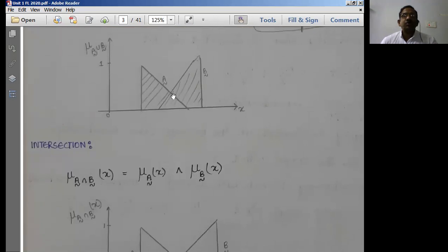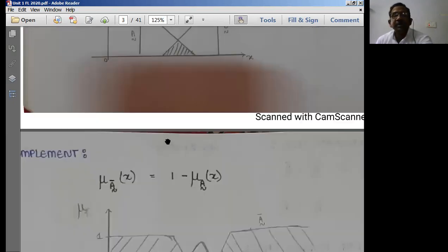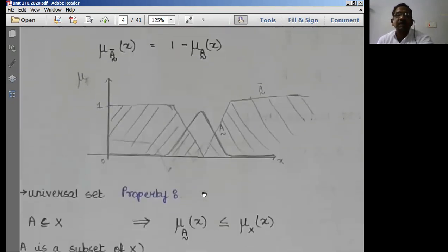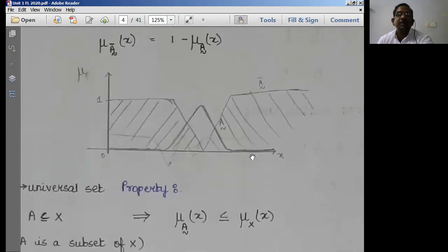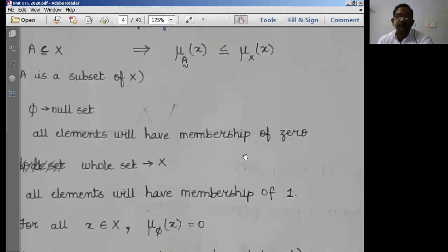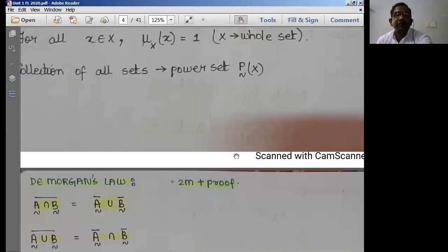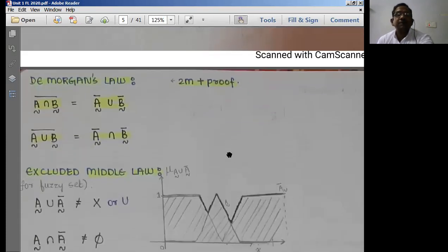Once you go towards here, it is increasing. So therefore, up to here it will be maximum, and from the maximum it will simply decrease like this. So we'll be getting the complement of A something like this. So these are the functions which we can have for A and B as well, to get the complement of the functions. Okay, so these are some of the examples which we can think of as far as this particular topic is concerned.